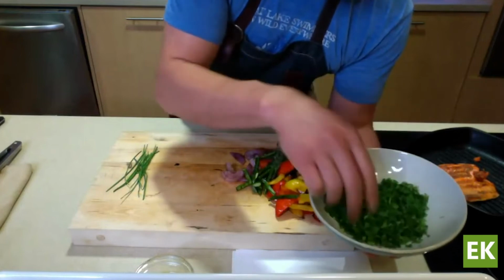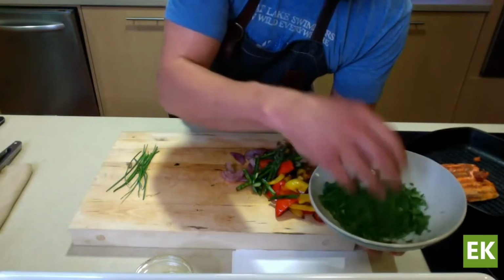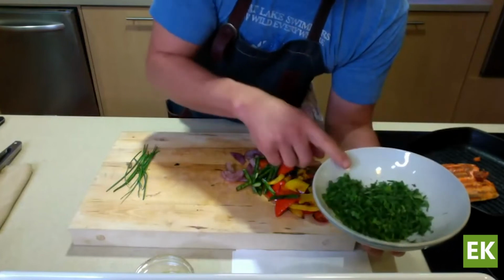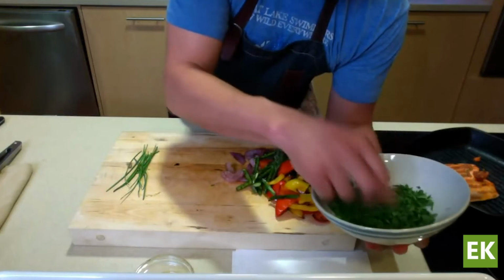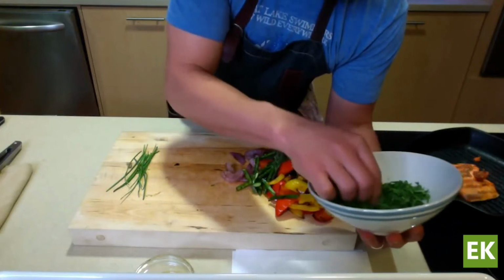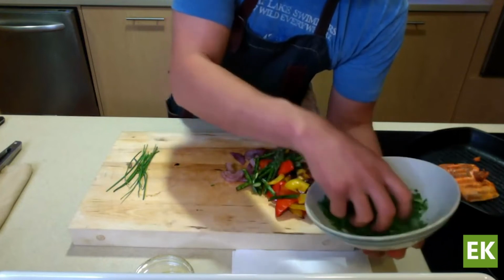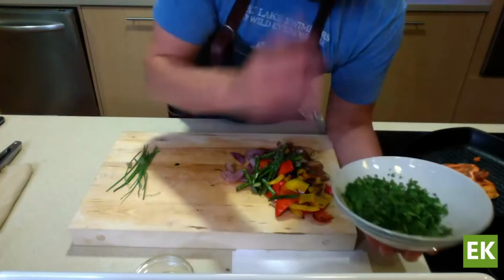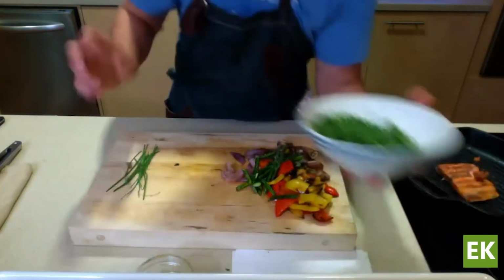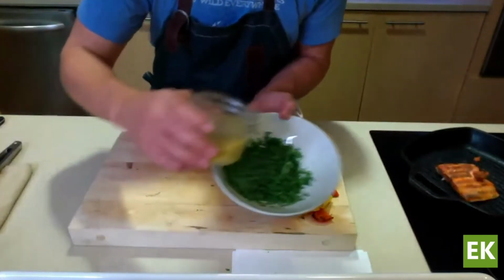And the more the better. This is when you do not want to be shy on the herbs. This is going to add a ton of fresh flavor to our salad. So whatever you have, you can mix it up. I have a little bit growing at home, which was nice. So I have some chives, some cilantro. I think there's some mint I had from the first recipe, whatever it is, basil, tarragon. Throw it in there. And we're going to pour